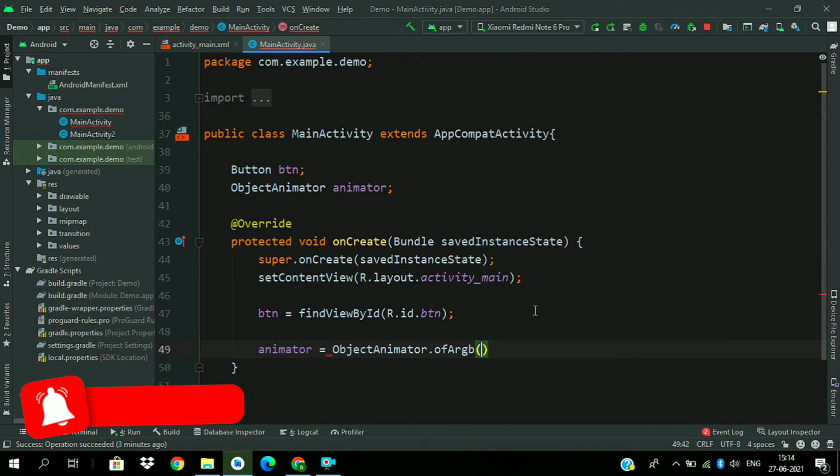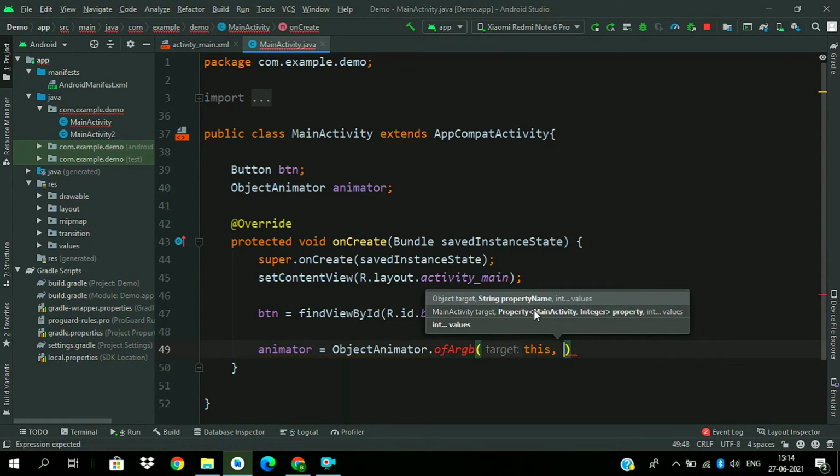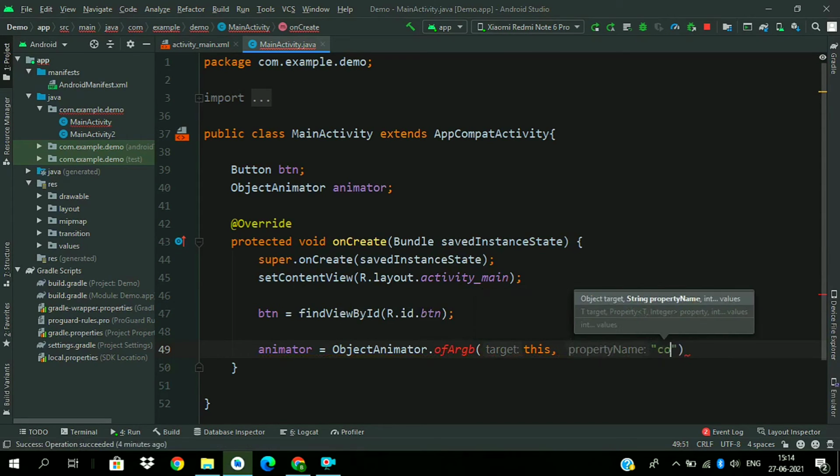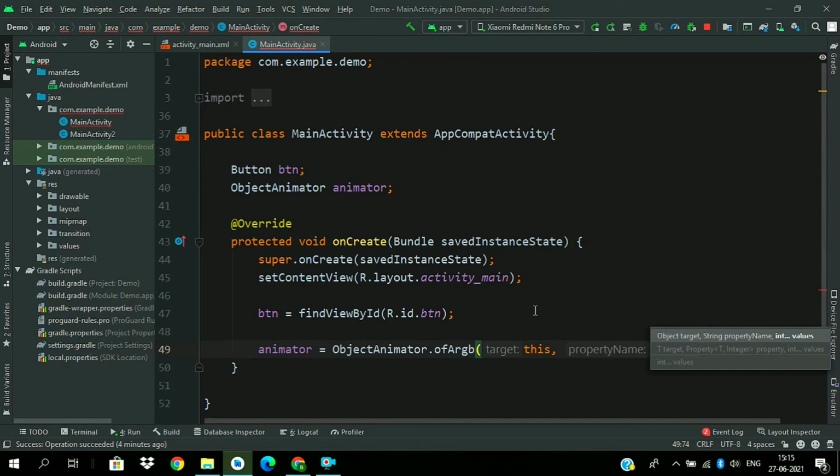Choose the above method and pass this as the target, as we are going to declare this method in this class, the activity class only. And property name is color, starting value from blue and ending value to red.